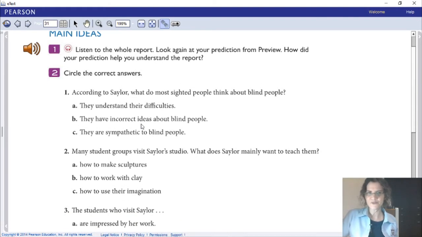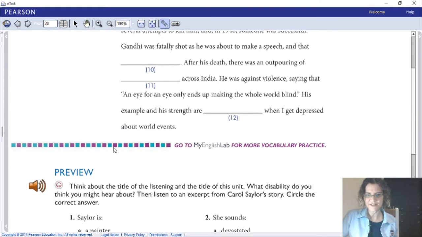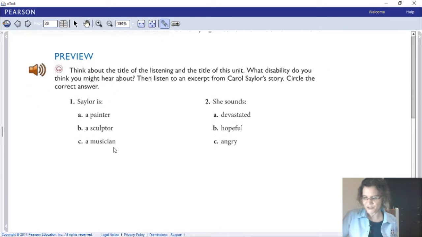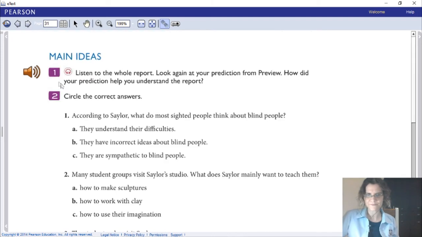Now, that was our previewing. Now, what we got out of it, what is she? She is a sculptor, exactly. It's not sculpture, she's a sculptor. So she's someone who creates, who sculpts, who creates statues and so on. And she is blind and deaf. So that is very difficult. And the idea of her being a sculptor and being able to do that without even seeing or hearing is amazing.